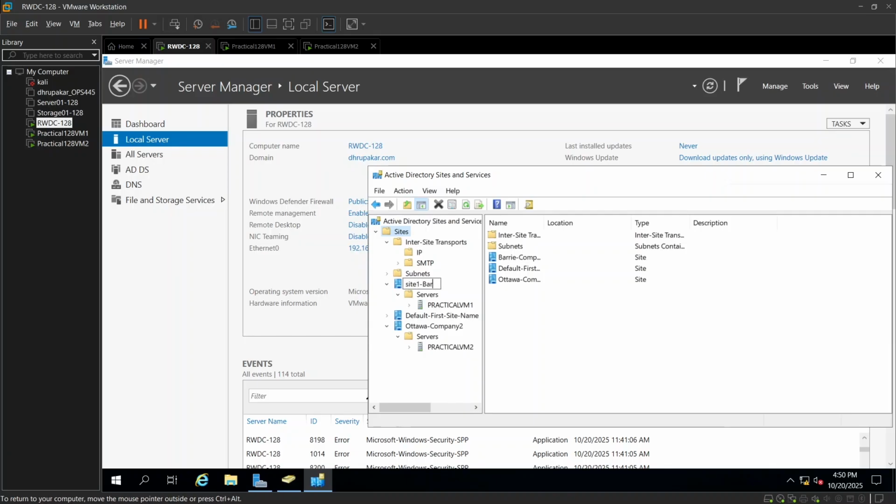Site 1 - Barry, site 2 - Ottawa. As you can see, this is my site 1 Barry, and this is my site 2 Ottawa. And if you go here, the practical VM1 server is inside site 1 Barry, and the practical VM2 server is